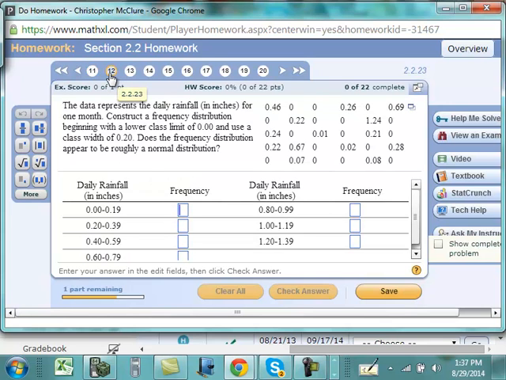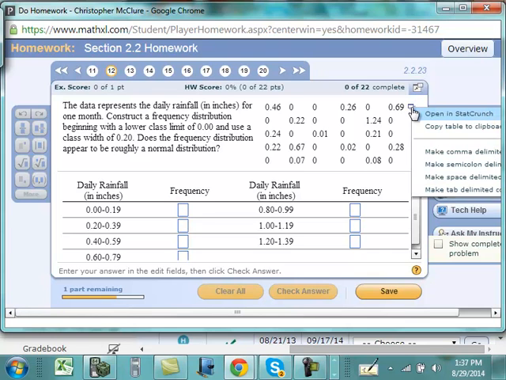Problem number 12. Now, when you've got a bunch of data like you see here, MyStatLab will also give you the ability to see the data in a separate window. So you see this little icon right up here? Go ahead and click on that icon, and then you have this drop-down window. You can open this in StatCrunch. You can copy the table to the clipboard and paste it onto a Word document, for example. Or you can maybe export this data to Excel or some other sort of